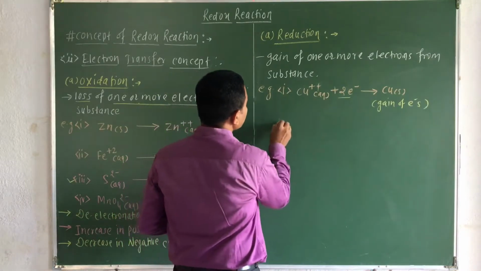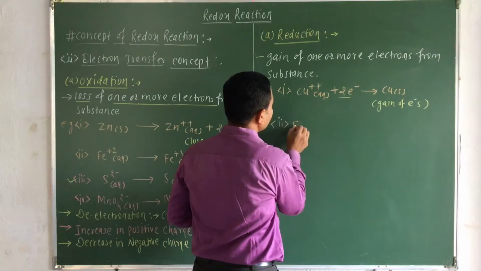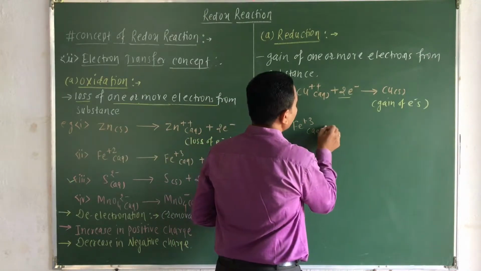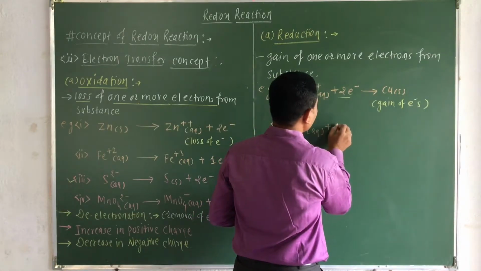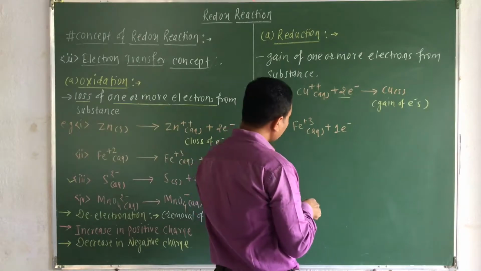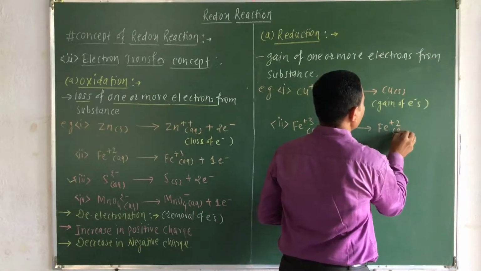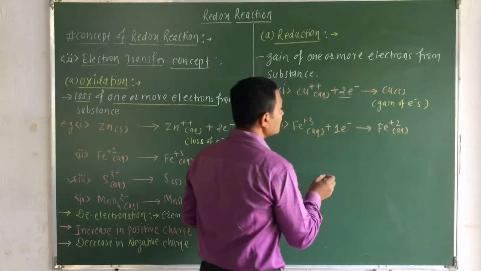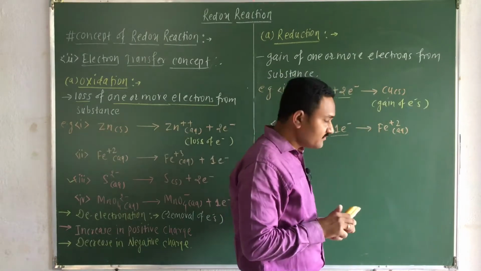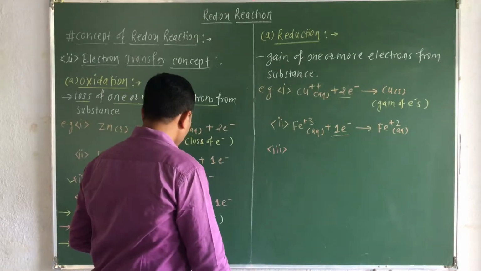If I consider the second example, that is Fe3+ aqueous plus 1 electron, it will convert to Fe2+ aqueous. So here there is again a gain of 1 electron: the ferric ion is converted to the ferrous ion. Now the third example: